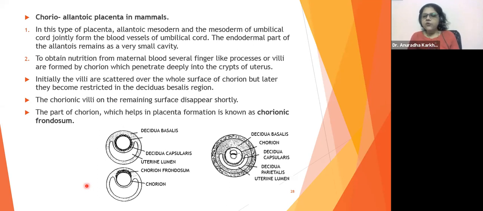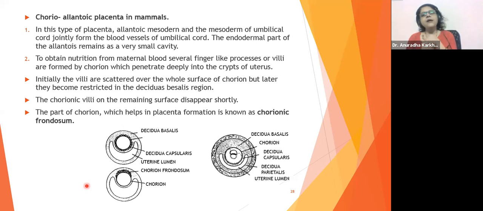Ovoviviparous means they are going to fertilize the egg internally only. And then the egg which will be laid will be containing the fetus inside it. And the egg will break open for the young one to come out, just like your bird's egg. And there are some, like frogs and fish, who lay the eggs and sperms in the water only. So the fertilization will be external fertilization, giving rise to pure oviparity.